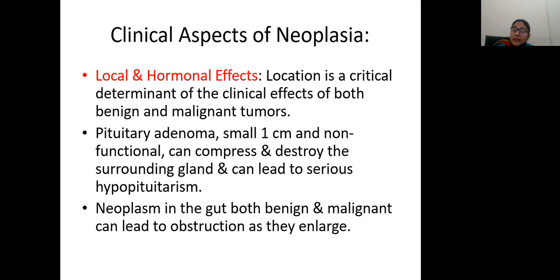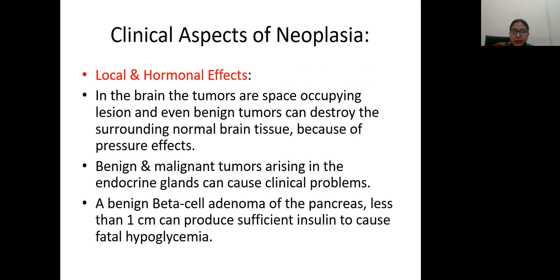Neoplasm in the gut, both benign and malignant, can lead to obstruction as they become enlarged. So in the brain, tumors are space occupying lesions and even the benign tumor can destroy the surrounding normal brain tissue because of pressure. Clear? So benign and malignant tumors arising in the endocrine glands can cause clinical problems. A benign beta cell adenoma of the pancreas less than 1 centimeter can produce sufficient insulin to cause a